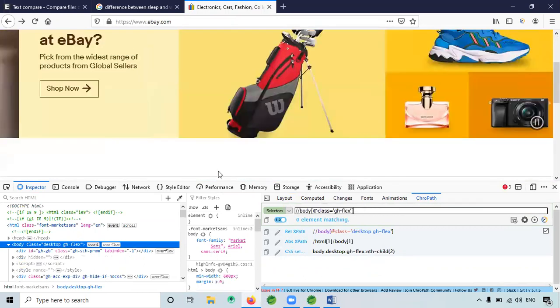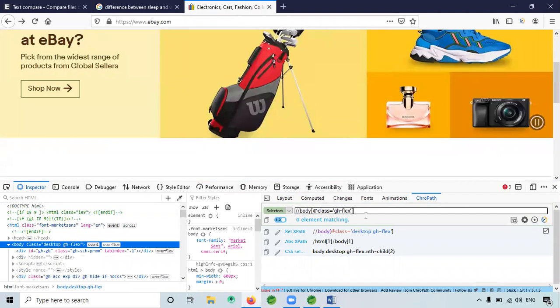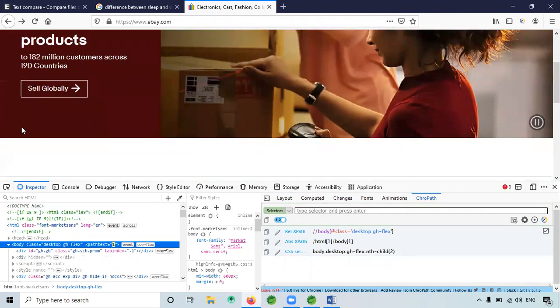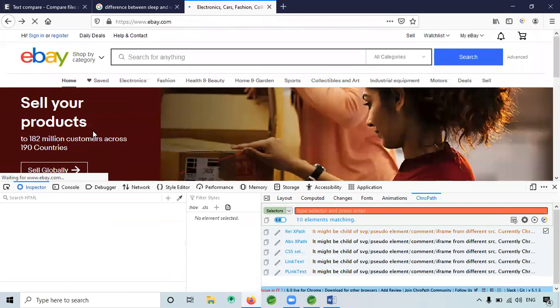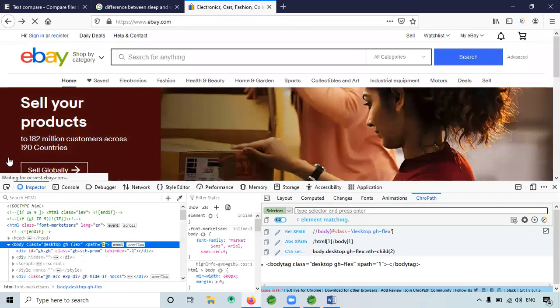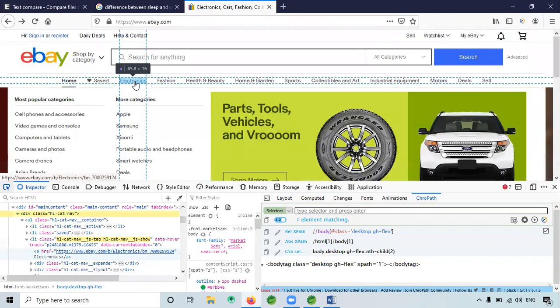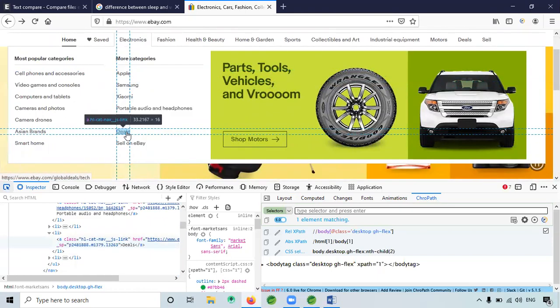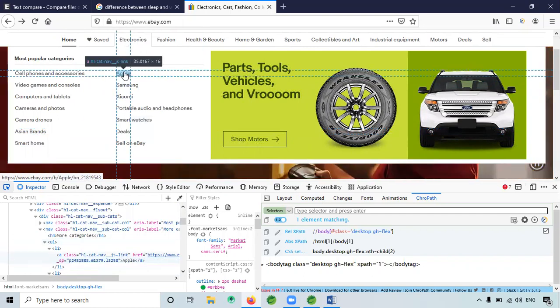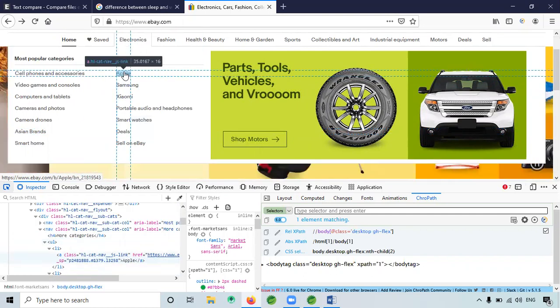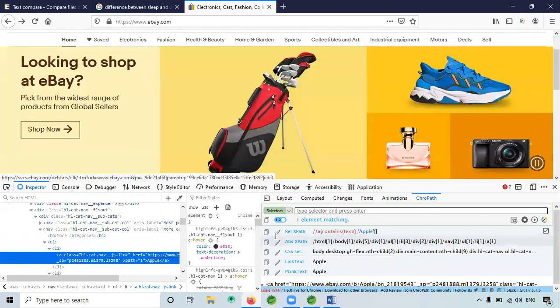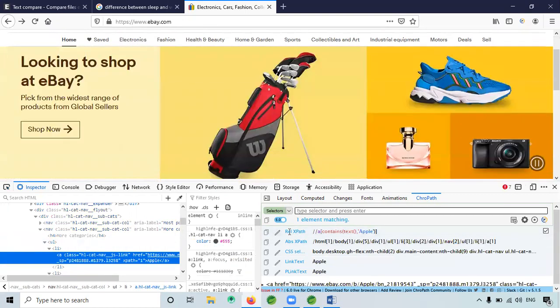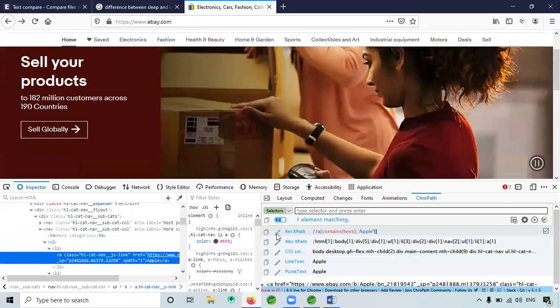Click enter. No. I think deals is not wrong, because in the HTML code also deals was not there. Something else. Why don't we go with Apple or Samsung? We'll go for this Apple. It's coming, it is there. Yeah, correct. So we'll go for that.